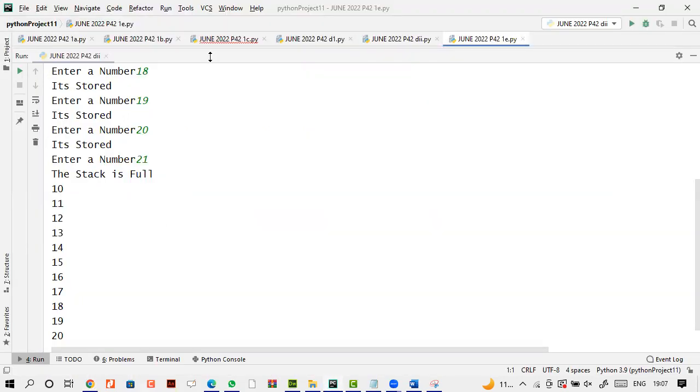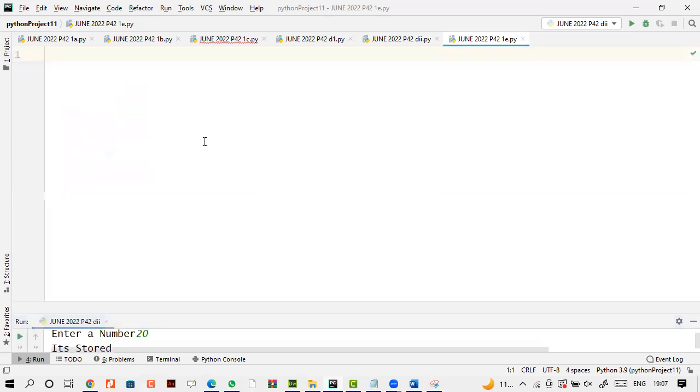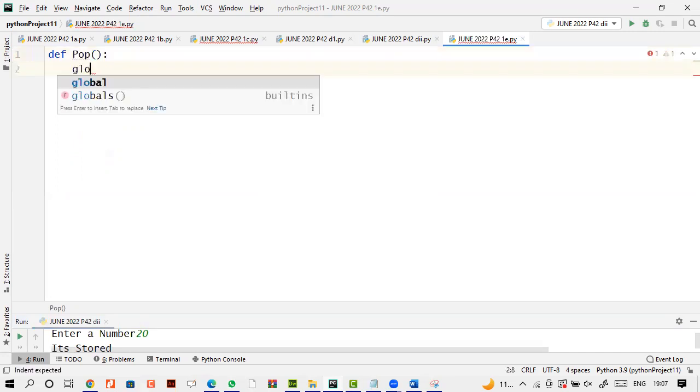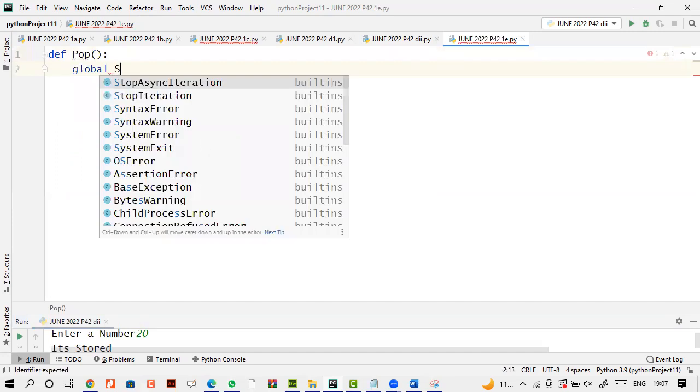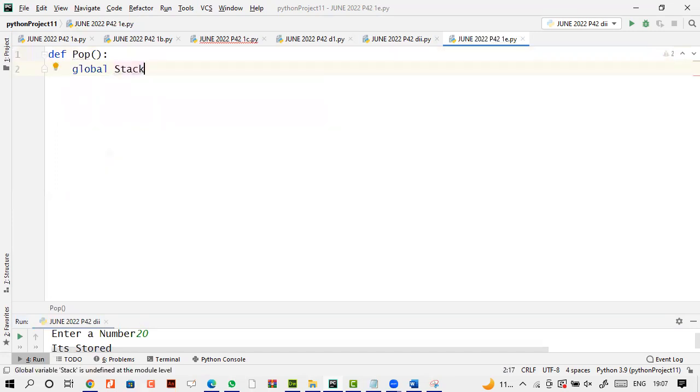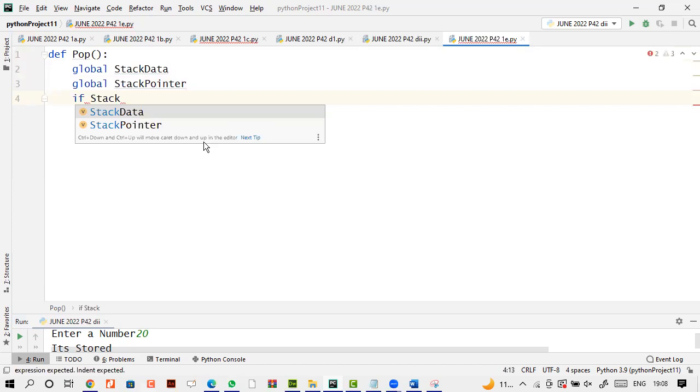So let's get again global stack data, global stack pointer. If stack pointer is equal to 0,